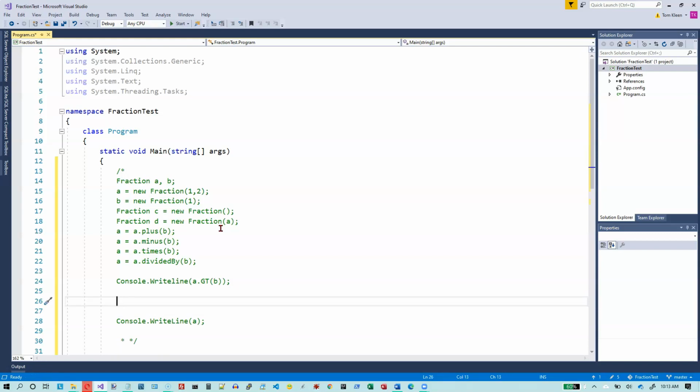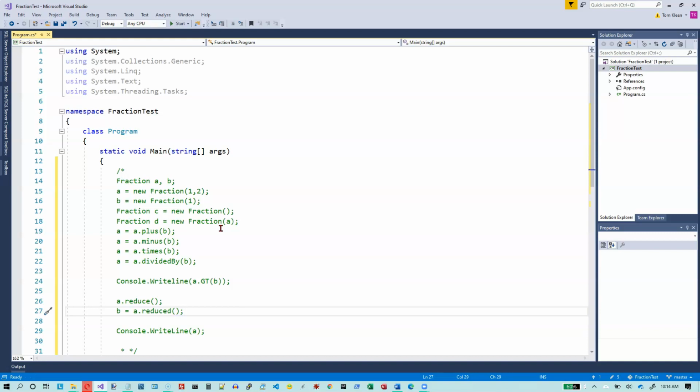I would also like to be able to reduce a fraction. So, in 2 ways here. I do a dot reduce, and that tells a to reduce itself. So if a is currently 2 over 4, and I call this, I will get 1 over 2. And a will actually be changed. So I'm telling it to reduce itself. But I might also want to do something like this. B equals, I might want a to keep its value of 2 over 4, but I want to copy its reduced value